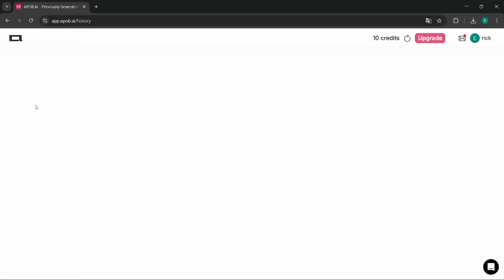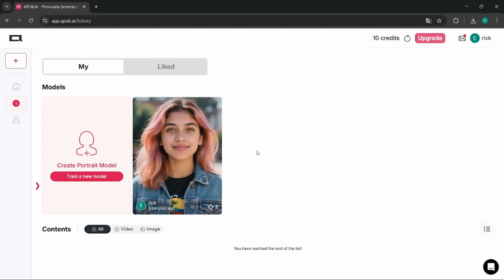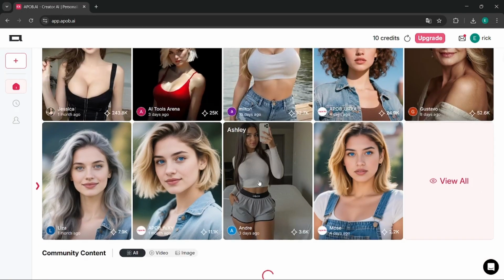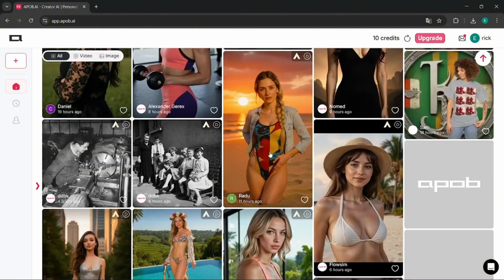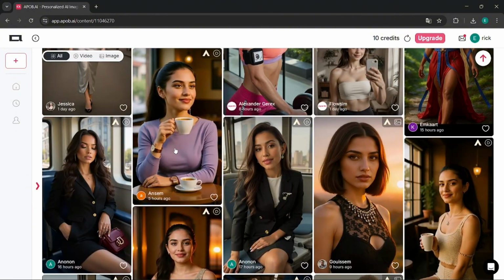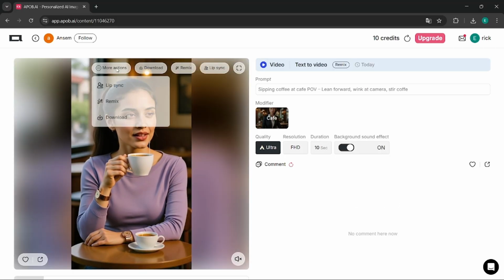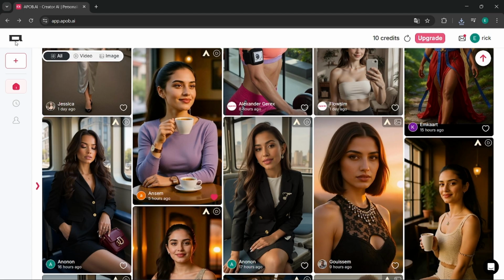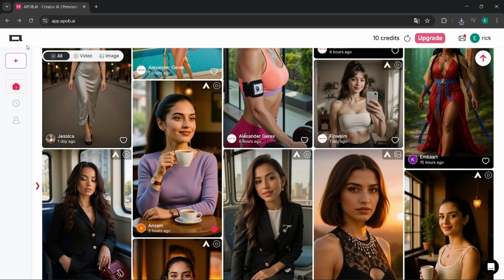After that, we can also access the story section where we will be able to see all of our previous creations. In the same way, we can also check out the public creations made by other users. From there, you will be able to download their videos or try different options like making a remix or doing lip sync. And this is a short tutorial on how to create your own AI